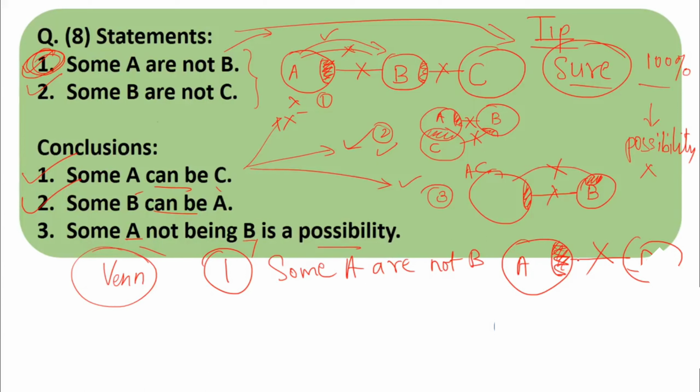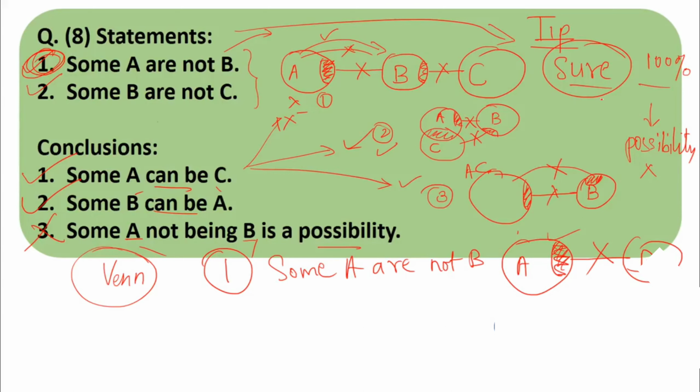That is, we are 100% sure that some part of A is not B. Still, they are writing it as a possibility. A sure-shot thing, they are writing it as a possibility. So at such a point we can simply mark the conclusion directly wrong. Have you understood? They have already given a statement which is concrete and 100% right, that some part of A is not B. Still we are casting a doubt on it, saying that some part of A not being B is a possibility. We already know that for sure. Then why repeat it twice? So this is a false conclusion.